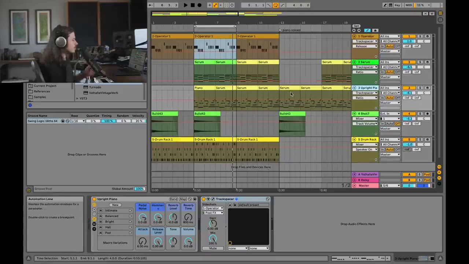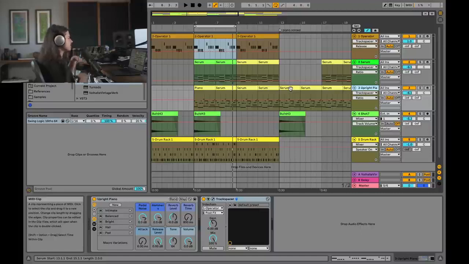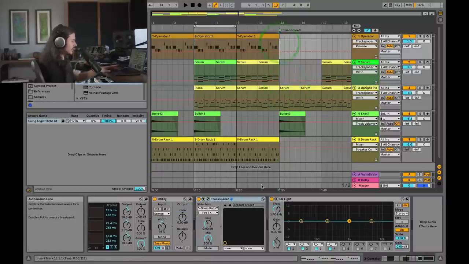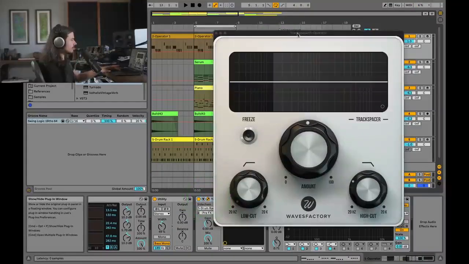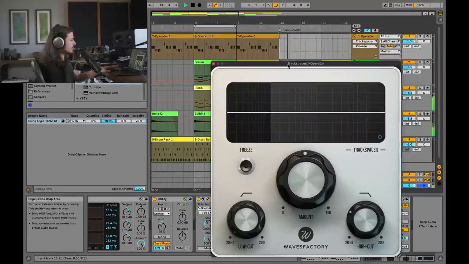So when we go to this part where the piano is isolated, I don't need to do any automation. And let's say you've got a big set, right? You've got 100 tracks, right? You've got all these dependencies. You've got all these Trackspacers running. Instead of having to worry about automating an EQ on or off, you've got this Trackspacer working for you saying, okay, in this situation, at this area, check it out. There's no bass, so Trackspacer isn't doing anything, but over here,